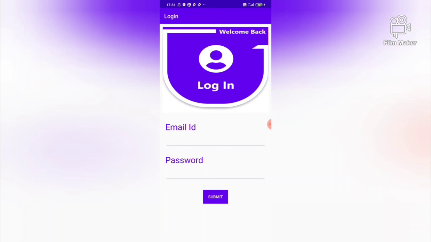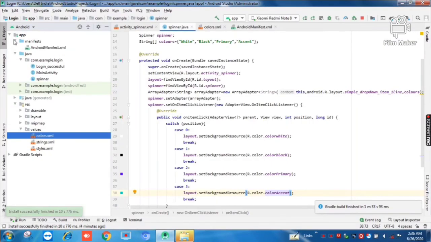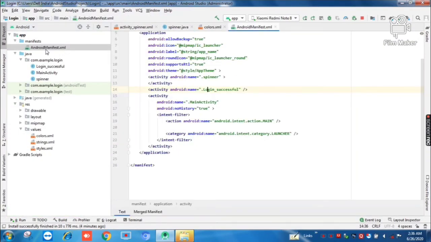Oops, where is our spinner? We didn't tell our Android Studio that now we want to launch the spinner activity. That's why it is displaying the default main activity. Let's now do that. Now go to your manifest file, the supervisor of our project, and tell him that we want to use our spinner activity as our launcher activity.